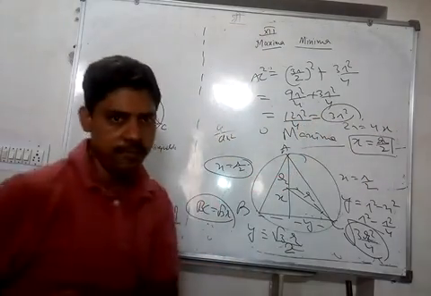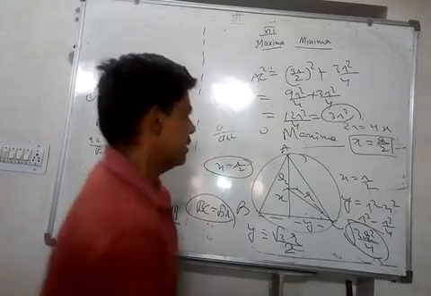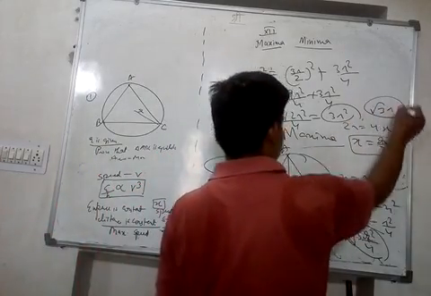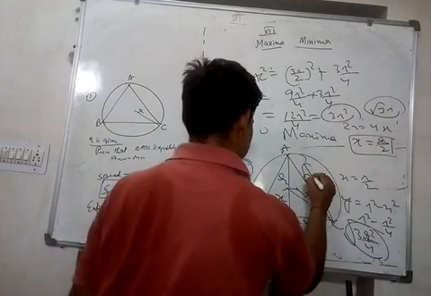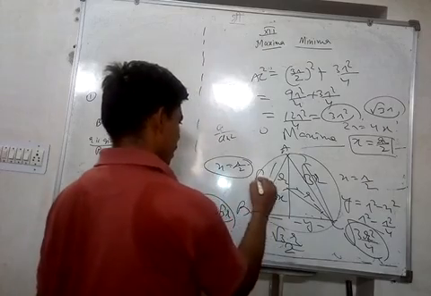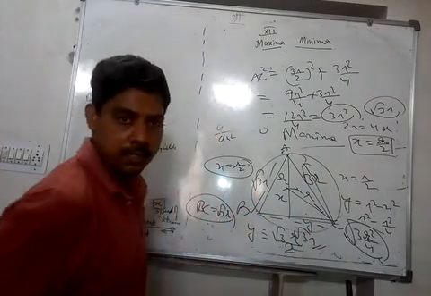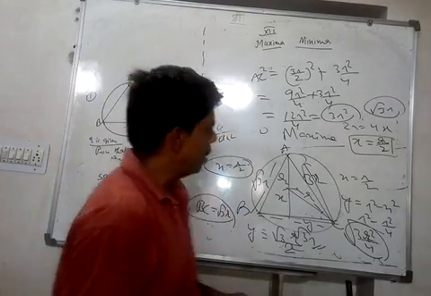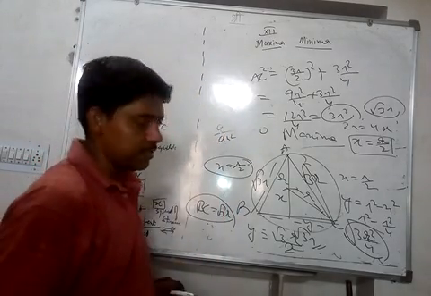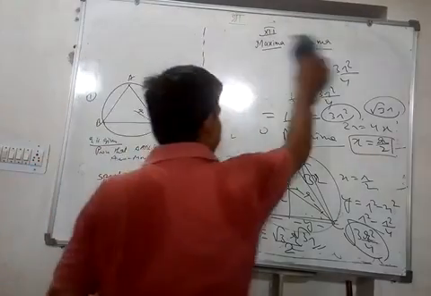So again we are getting the same value. So thus we get that AC is also root 3 r. So this is root 3 r, this is root 3 r, and this is also root 3 r. That means the triangle is equilateral, right? So that's a very good question. Now we can do one more question here.